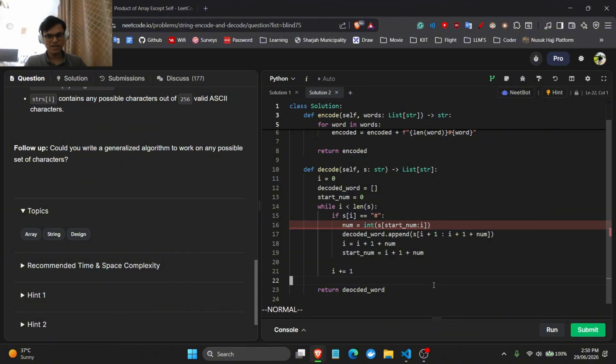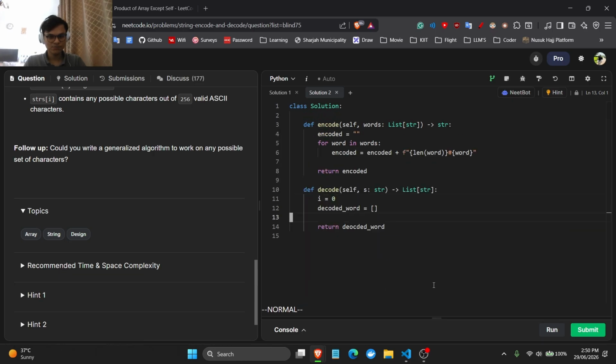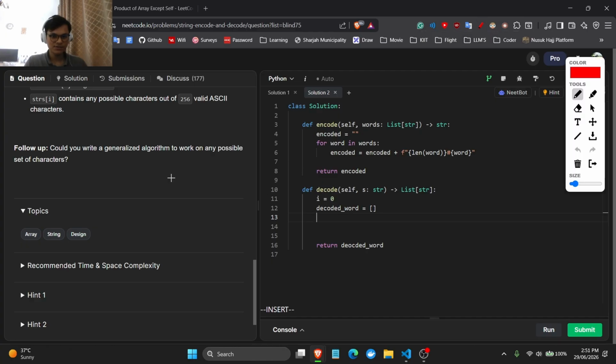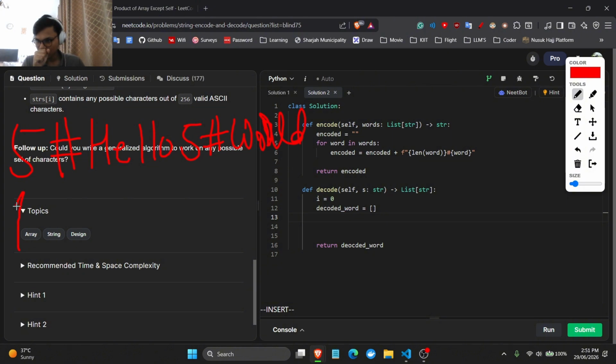Okay, I don't like this loop at all, to be very much honest with you guys. This loop structure is dangerous. Don't really like it. Yeah, so let's just understand what our algorithm is. I think I figured out this algorithm. I don't know why I'm taking too long, but let's try to figure out this simple case. Okay, so we will loop up till here. So 5, we don't want to do anything. Once we get our first pound symbol, we know everything before this was actually the number of things that are there.